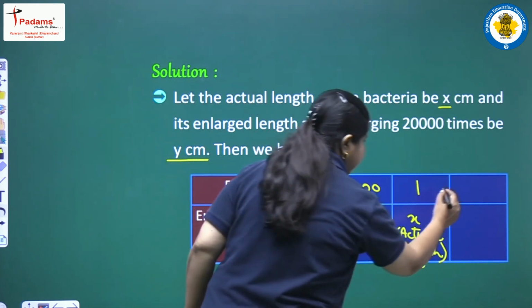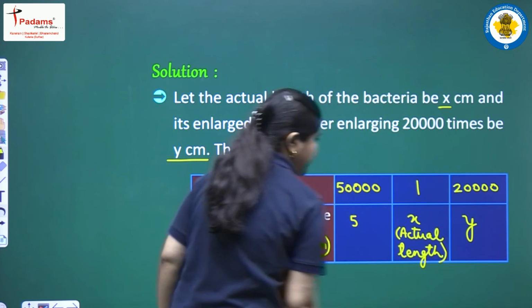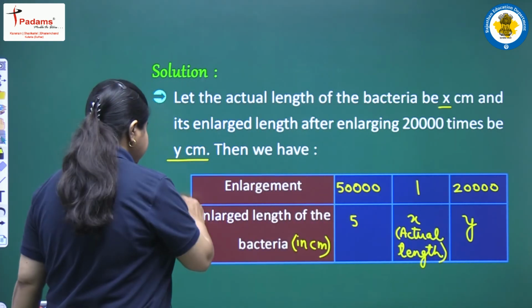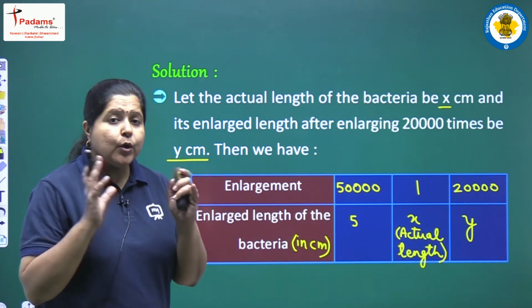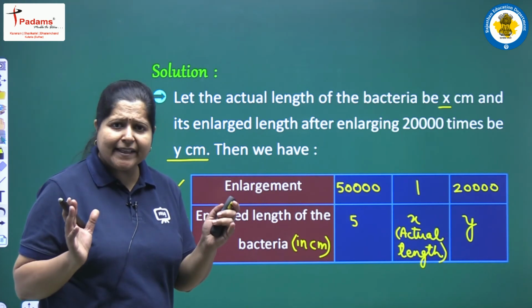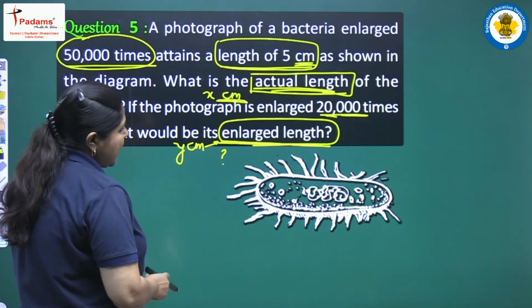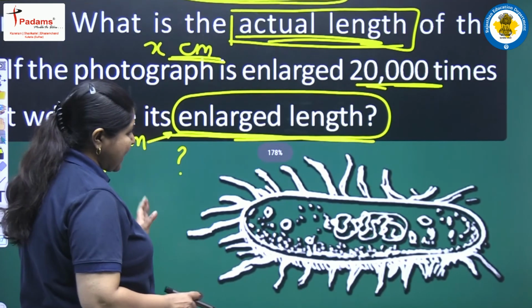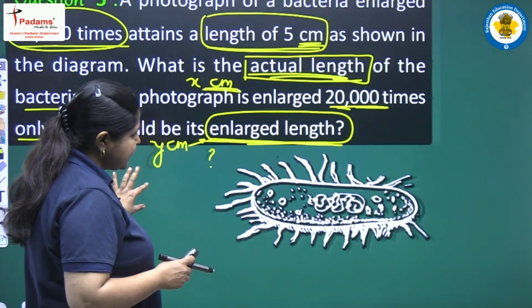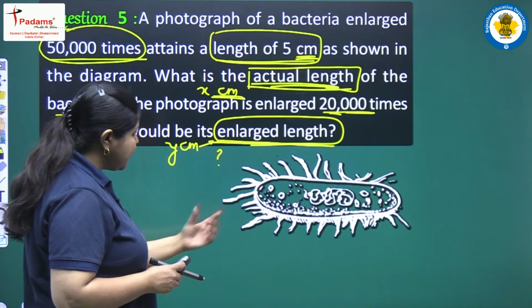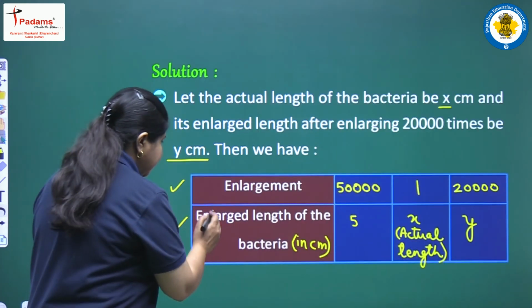और फिर थर्ड केस हमें दिया गया है जहाँ एनलार्जमेंट हो रहा है 20,000 टाइम्स, और हमने तब अज्यूम की है लेंथ ऑफ बैक्टीरिया एज y सेंटीमीटर। नाउ हियर दीज टू क्वांटिटीज़ आर डायरेक्टली प्रोपोर्शनल टू ईच अदर। जितना ज़्यादा हम एनलार्ज करेंगे उतनी ही बड़ी हुई लेंथ दिखाई देगी हमें बैक्टीरिया की। लेट अस सी ऑल्सो, हियर वी हैव बीन शोन द फोटोग्राफ ऑफ अ बैक्टीरिया। अब अगर हम इसे एनलार्ज करें, देखिए तो बैक्टीरिया की लेंथ बढ़ गई ना। ज़्यादा एनलार्ज करेंगे तो ज़्यादा लेंथ बढ़ेगी, अगर हम कम एनलार्ज करेंगे तो कम लेंथ बढ़ेगी। आप समझ रहे हैं ना, कम लेंथ दिखेगी हमें।